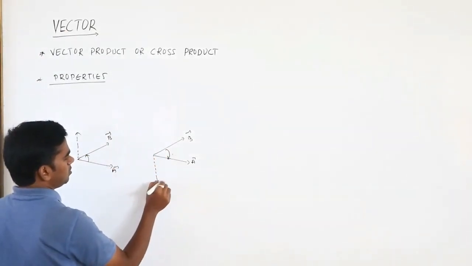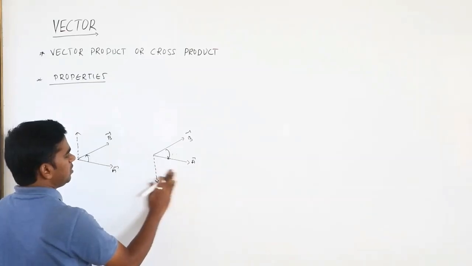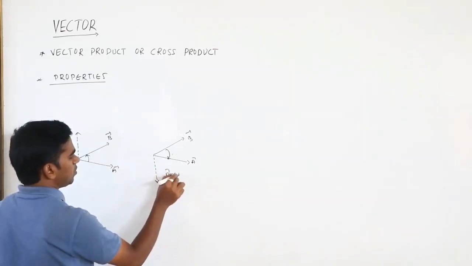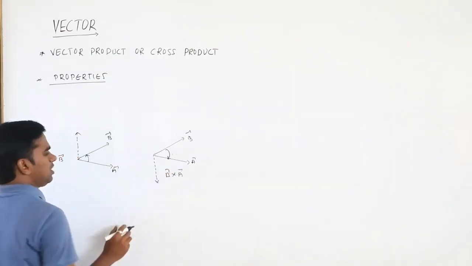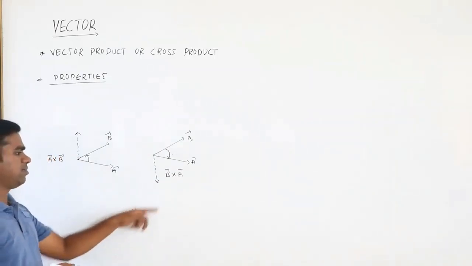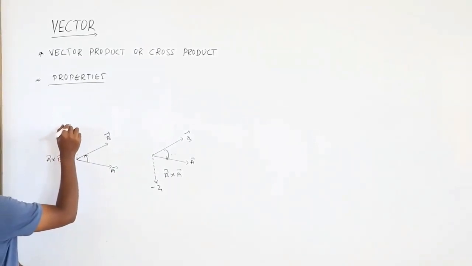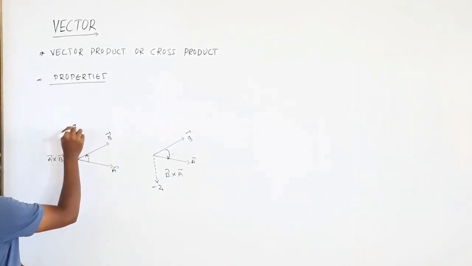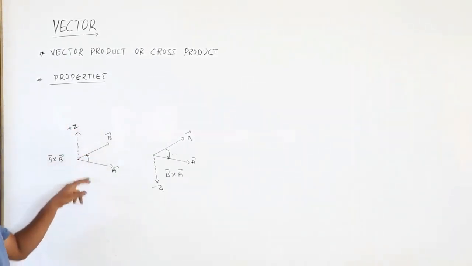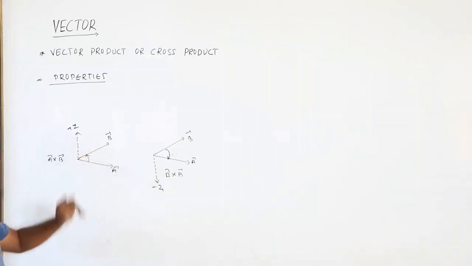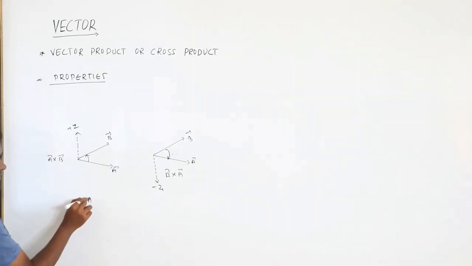Okay, so this is B cross A. So what is the difference here? It is coming along negative z axis, and this is coming along positive z axis. If you take here x and y, if you take this as x y. So that means A cross B